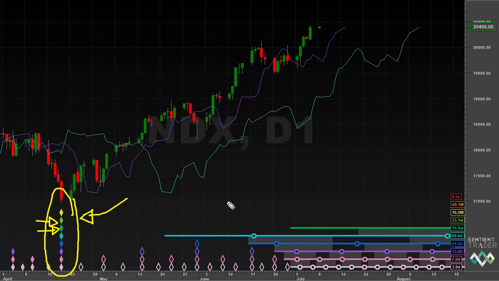The important thing about this possibility is that it is unlikely that an 18-month cycle trough formed in the Nasdaq and didn't also form in the S&P 500, and so possibly the tremendous bullishness that we have seen in the US markets is explained by the possibility that this 18-month cycle trough did form over here in the third week of April. It would certainly explain the very bullish move that we have had recently.